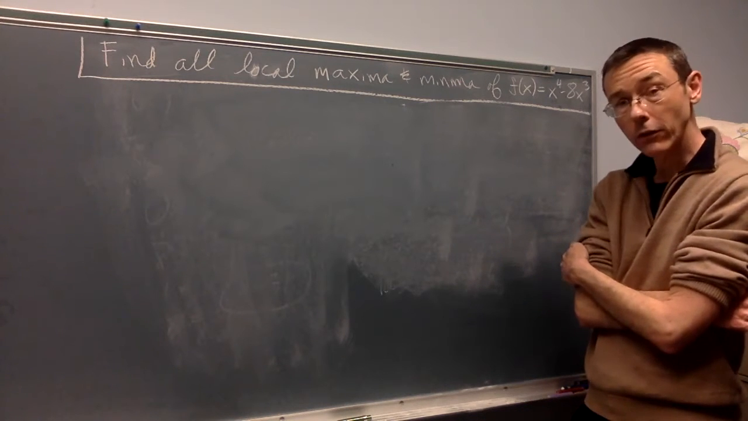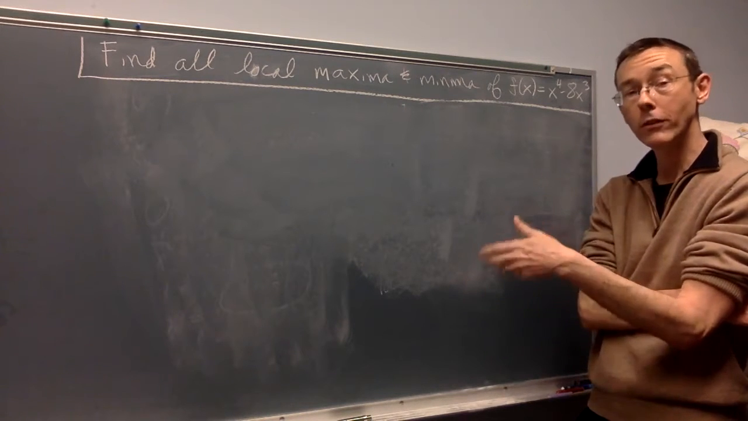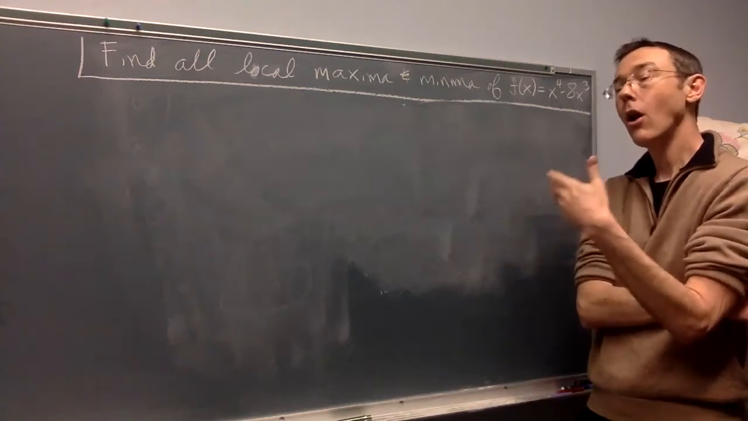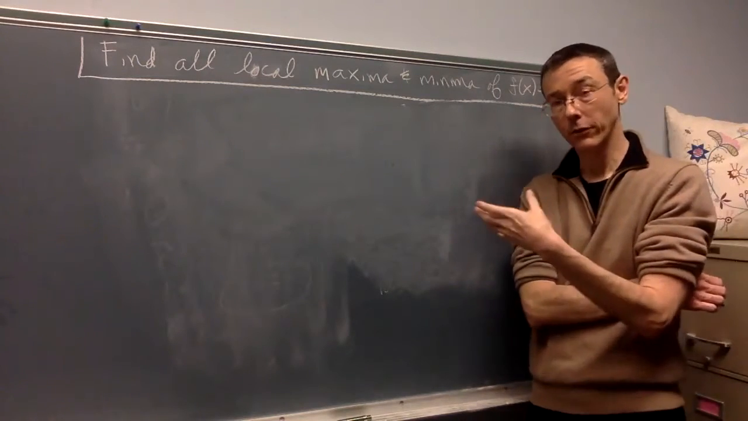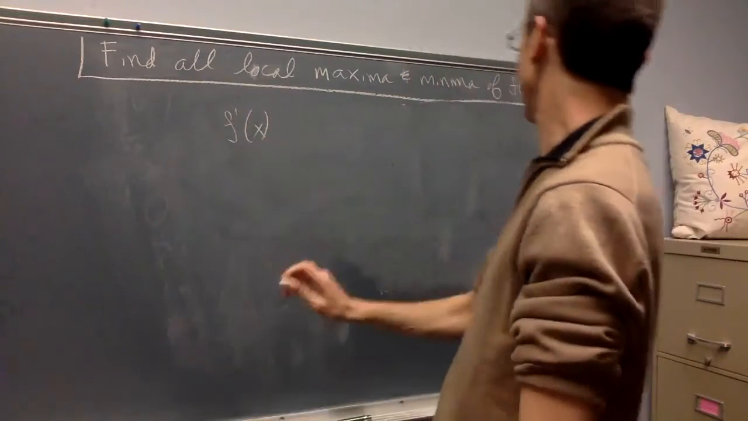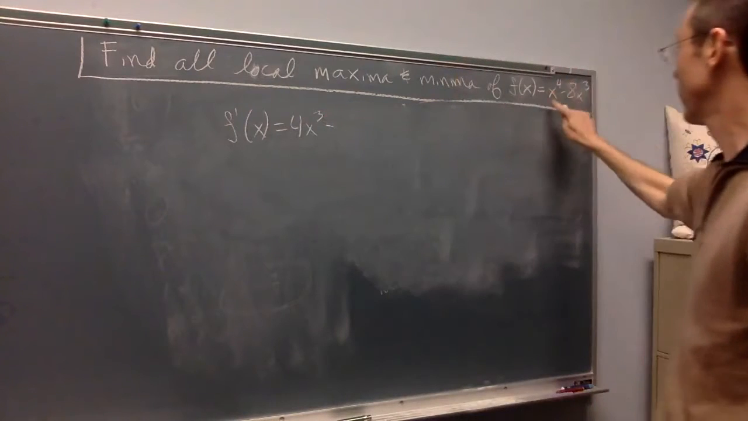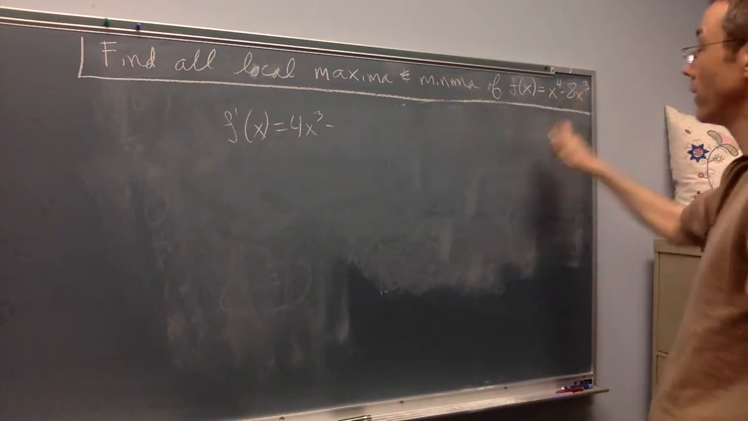So the first thing we need to do is to get a derivative of this. We're thinking about increasing, decreasing, local max, local min, all in terms of the signs of the first derivative. So here, f prime of x is 4x to the third minus 3 times 8 is 24,